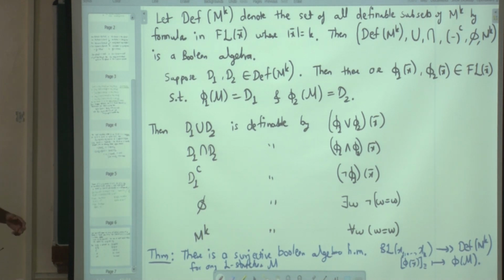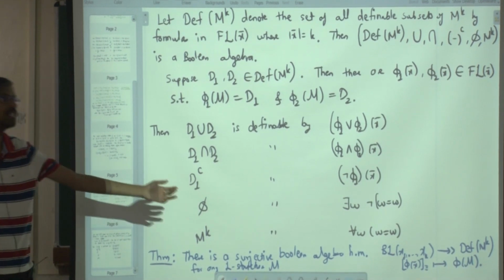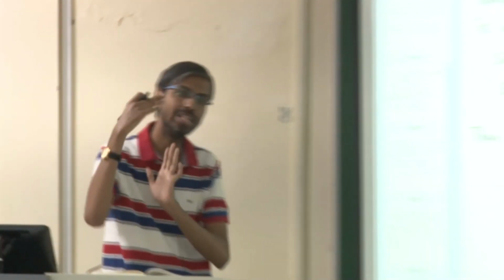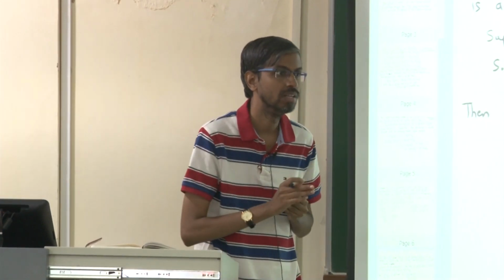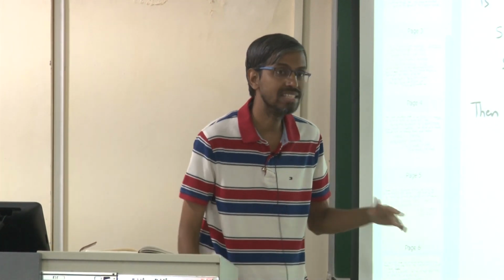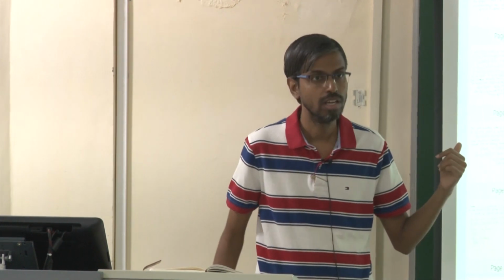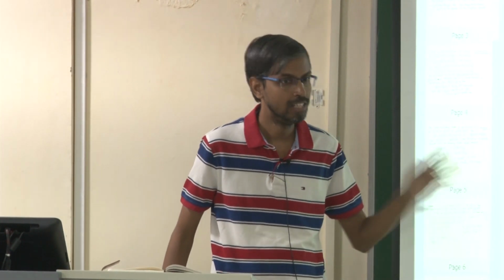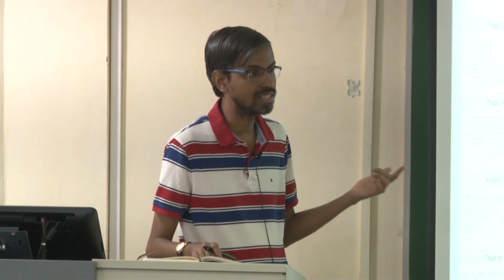Do you understand why it is surjective? By definition of a definable set. Every subset over there has to be definable, so it must be defined by some formula. So the logical equivalence class of that formula is going to map to that particular definable set. But this doesn't have to be injective, because I explained to you from an example that it doesn't have to be injective. You understand this now? So there are so many Boolean algebras that you can think of, and they are all very interesting.